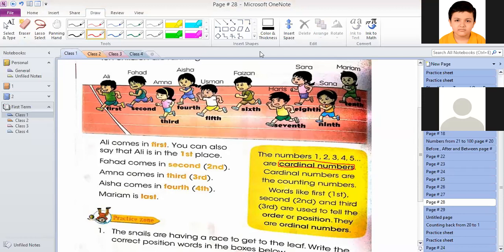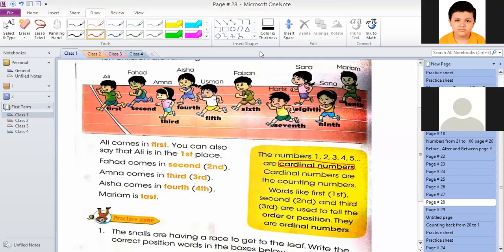Very good. So you can count the number of fans, the number of tube lights in your room. How many are there? You will count 1, 2, 3, 4. So someone will say, sir, 10, some say 12, some say 4. Or if I ask you how many cars do you have? So you will count. So you will say, sir, I have 4 cars, I have 5 cars, I have 6 cars. So you will use cardinal numbers again.